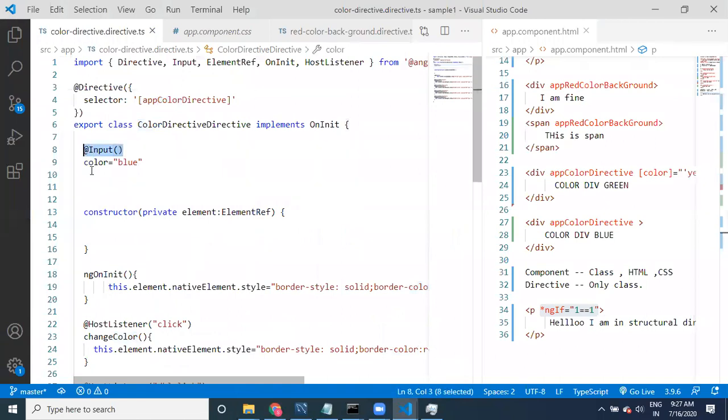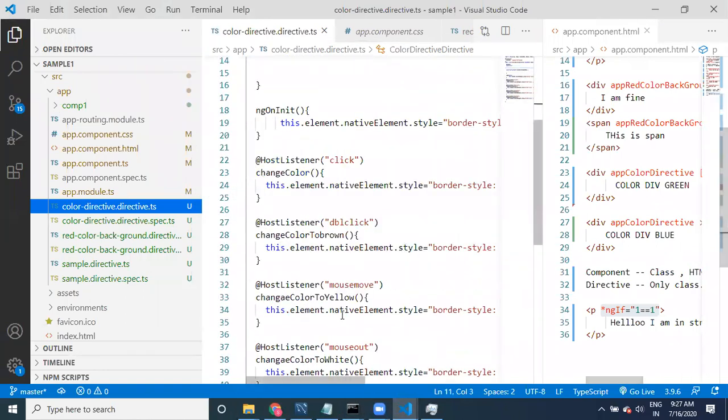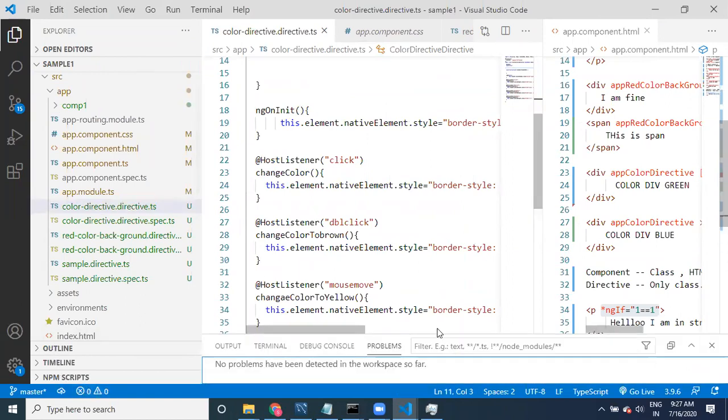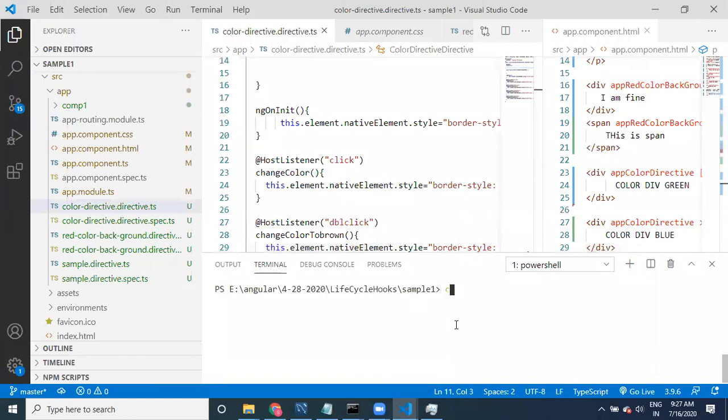Now, instead of confusing it with the same directive, let us create a new one. ng generate, not component, directive, test host binding.